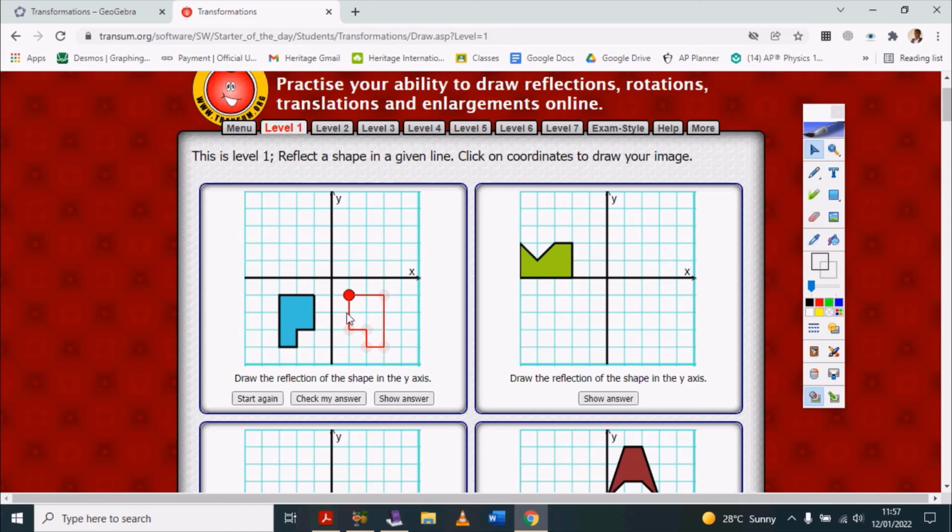So this is the flipped image of this object, this blue shape, when reflected across the y-axis. So I can check my answer and you'll get a check mark like this. So that is a reflection. Let's look at